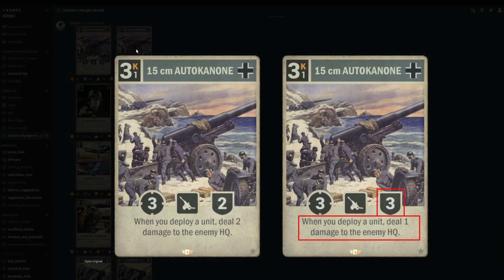The 15cm autocannon itself is receiving a bit of a rework. It is gaining +1 defense. However, when you deploy a unit, it's only dealing 1 damage instead of the normal 2. In terms of combo uses, this makes the 15cm autocannon pretty much non-existent because you essentially have doubled the number of units required to be played in order to OTK with it,